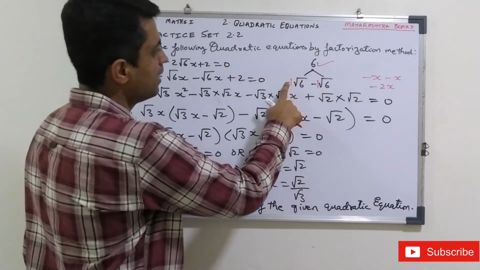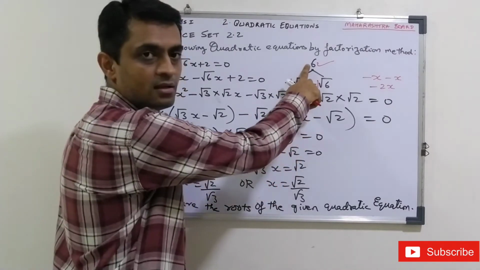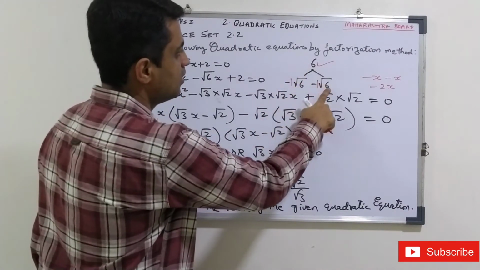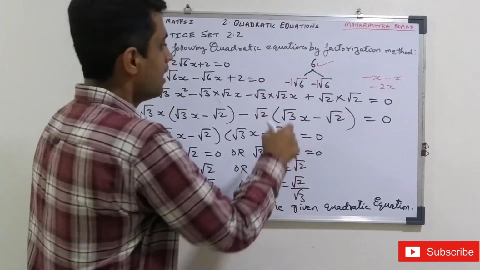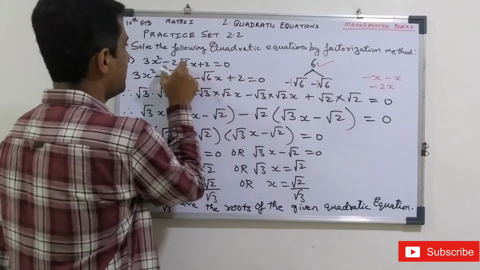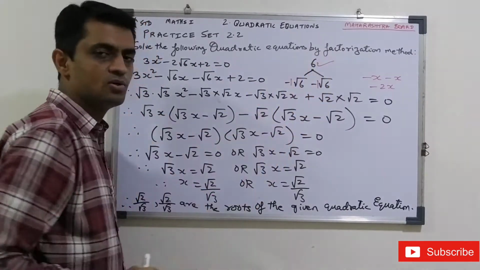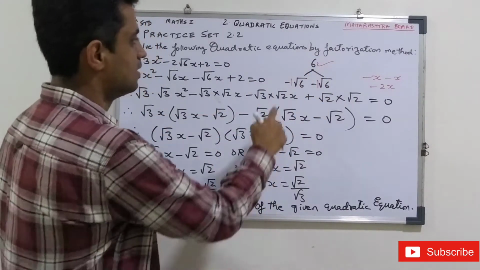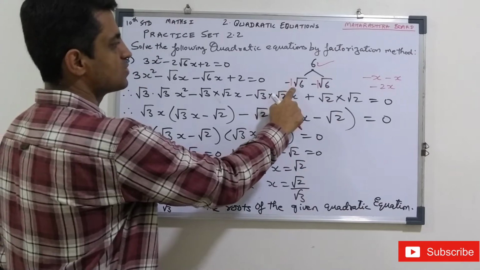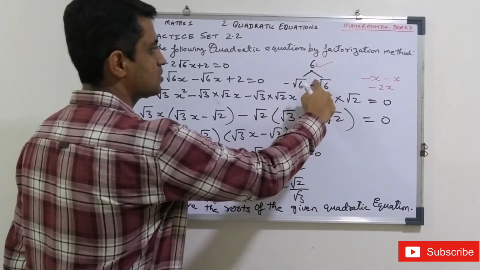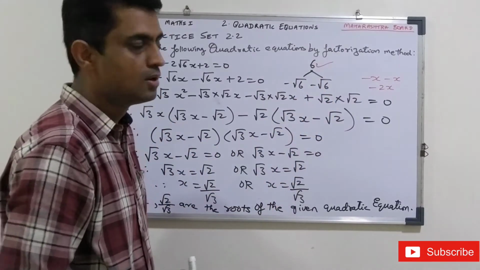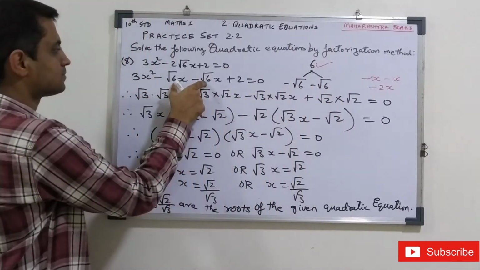Yes. Now multiply minus into minus, plus root 6 into root 6, which is 6. So both the conditions are satisfied. The addition condition is satisfied, and the multiplication condition is also satisfied. So what are the factors? These are the factors: minus 1 root 6, minus 1 root 6. If you don't write the 1, it's okay, it is understood. So we are writing these factors here.